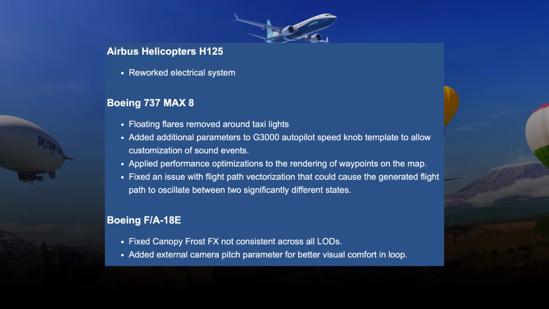Added additional parameters to G3000 Autopilot speed knob template to allow customization of sound events. Applied performance optimizations to the rendering of waypoints on the map. And fixed an issue with the flight path vectorization that could cause the generated flight path to oscillate between two significantly different states. The F-18 fixed canopy frost effects not consistent across all LODs, and added external camera pitch parameter